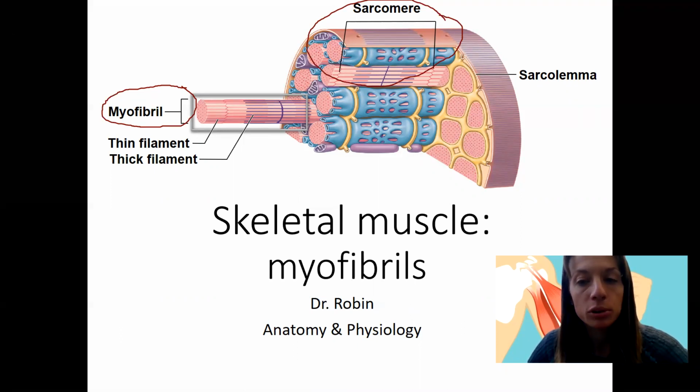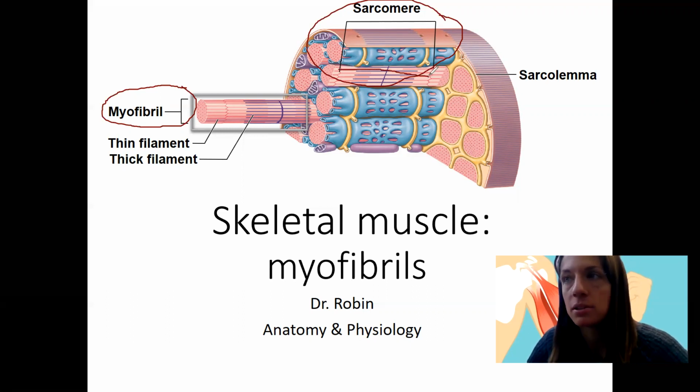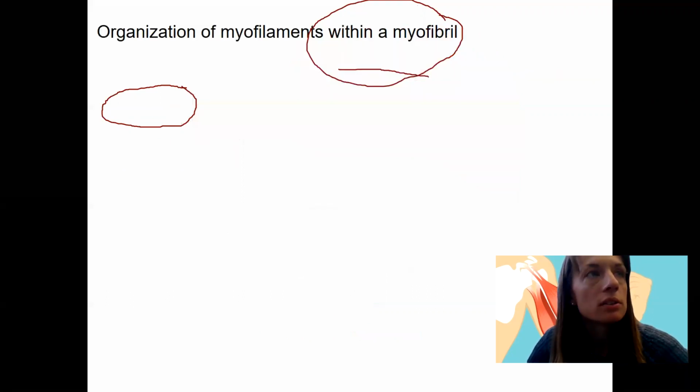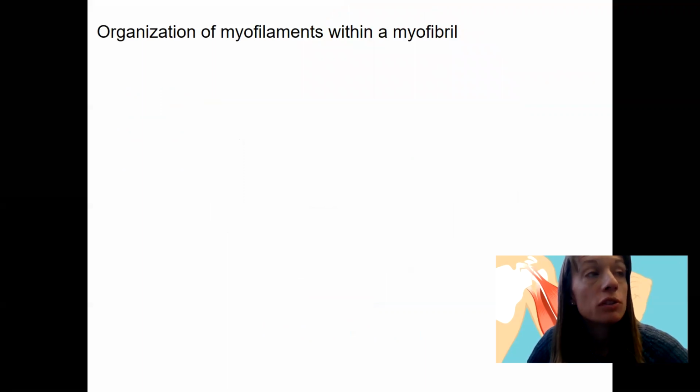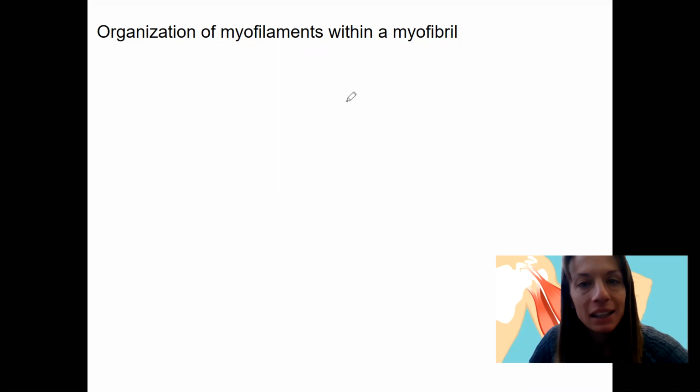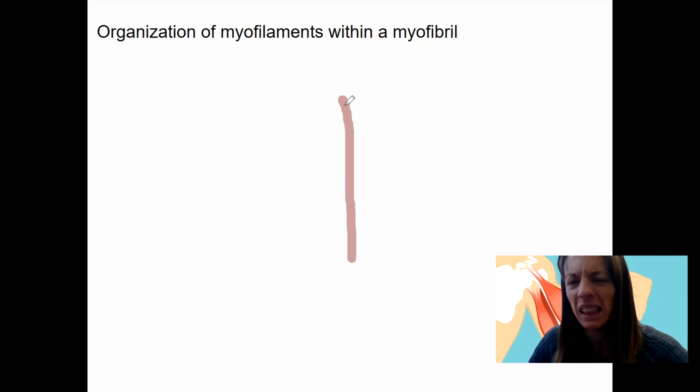The sarcomere is able to contract. It's the name of this location right here that's due to the composition of the myofilaments. So I'm going to draw these for you. Let's clear this. All right, so we've got two different types of myofilaments that make up a myofibril. I'm going to start with a midline band right here. This is going to be called the M line. Midline, sure. Then we're going to have